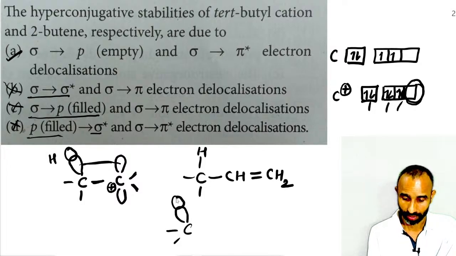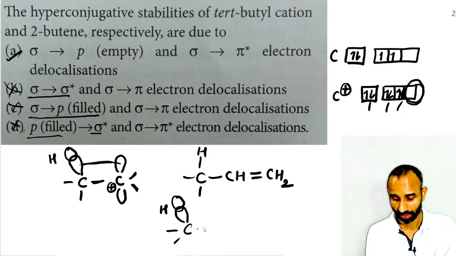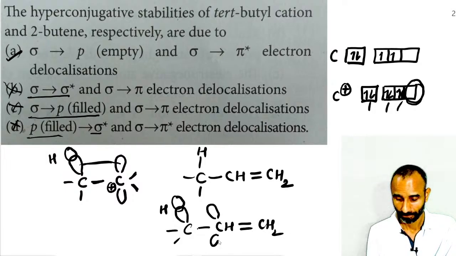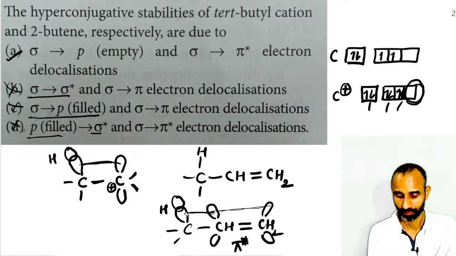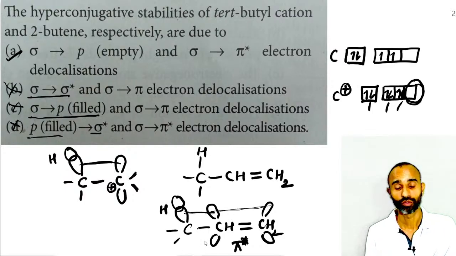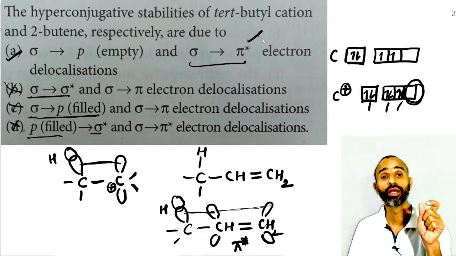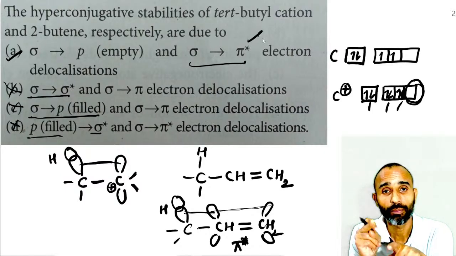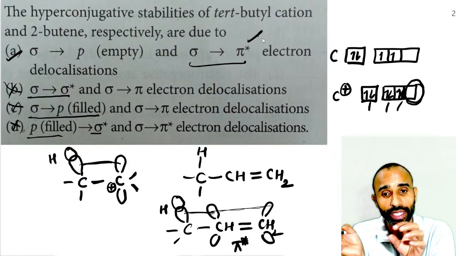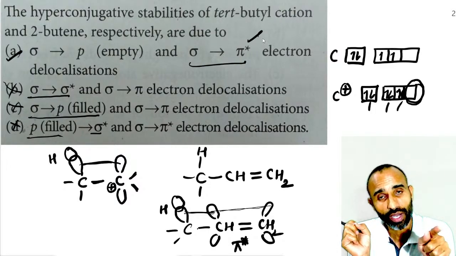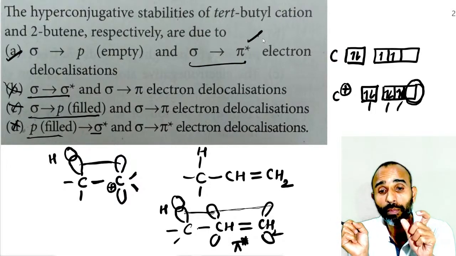Again, there is a sigma C-H bond, and that will interact with the pi star orbital of the alkene. So sigma and pi star electron delocalization. In carbocation, it is sigma and empty p, and in case of alkene, it is sigma of C-H and pi star of the alkene,